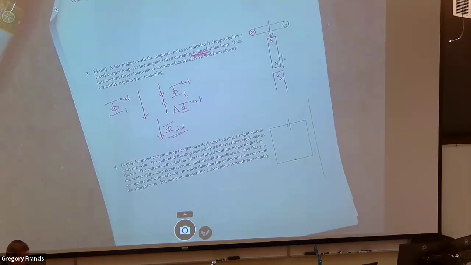And the induced current is fighting the motion. We call that the back EMF. Now, if you don't have a battery, if it's just a generator, you're out in the middle of the sticks and you just want to light up your RV, okay? You can